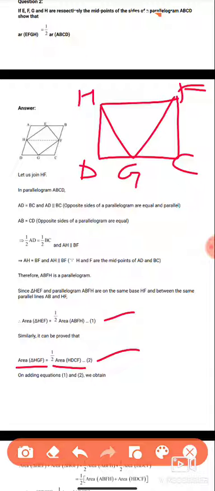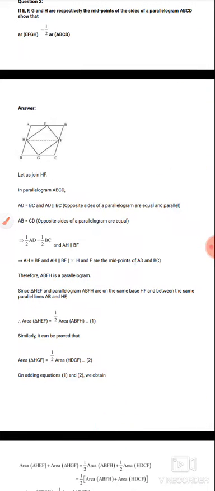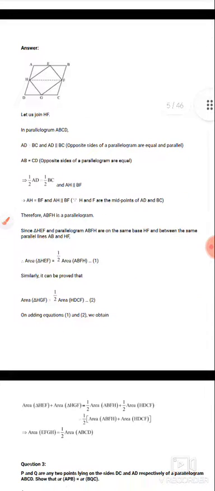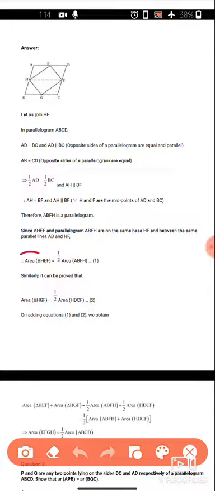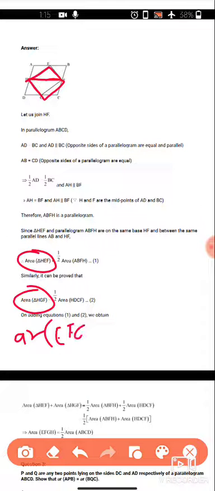When you add both these results, you have to add left hand side to left hand side and right hand side to right hand side. So this is the left hand side and this is the left hand side. So you have to add area of EFG, plus area of HGF. When you add both of these, you will get area of EFGH. That is equal to, now on the right hand side you have half of